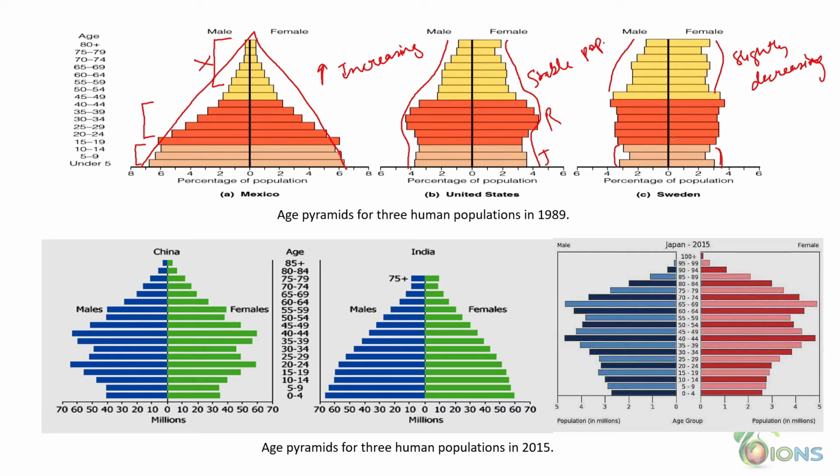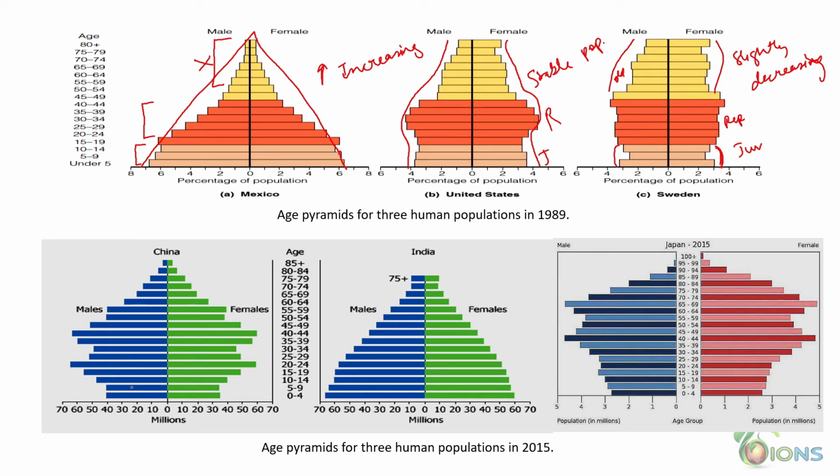We just have to see what the difference is between the pre-reproductive individuals or the juveniles and the old individuals with respect to the reproductive individuals. Okay, you have to see how the ratio differs. If the juveniles are less, that means the number of organisms that are able to reproduce after a particular time has decreased. Even if I am able to reproduce right now, if the next generation that I'll be producing is not able to reproduce, then the population will not increase. And if the number of old individuals is more, that means the population is going to a standstill.